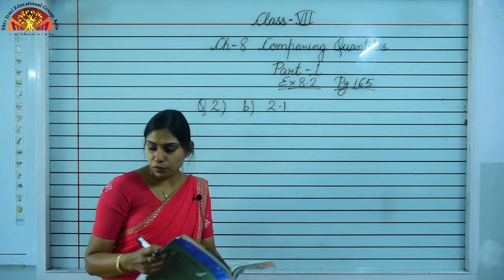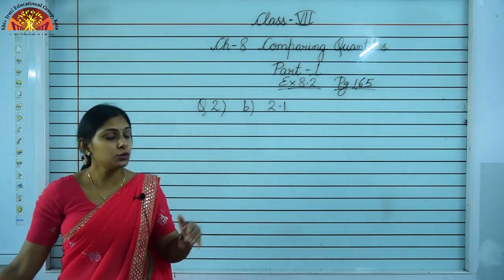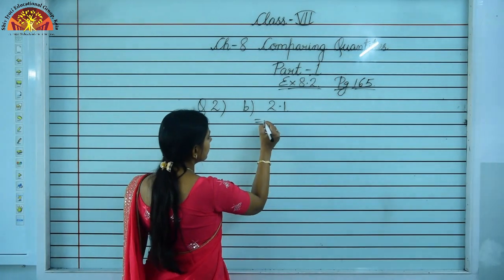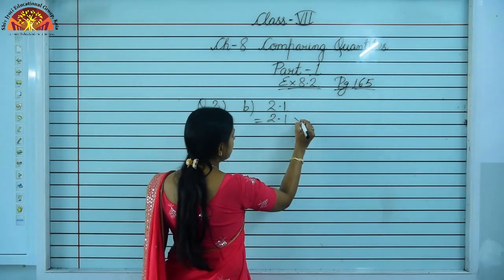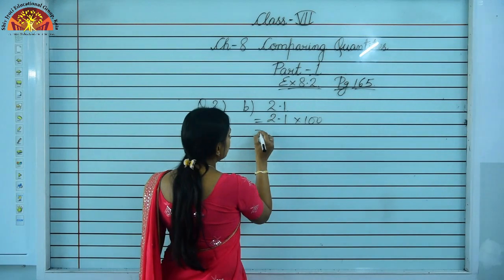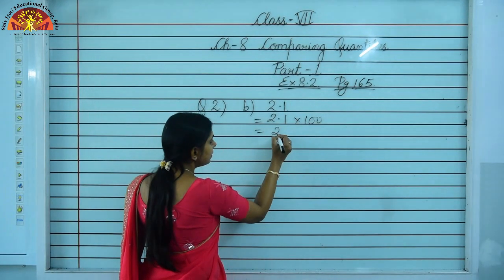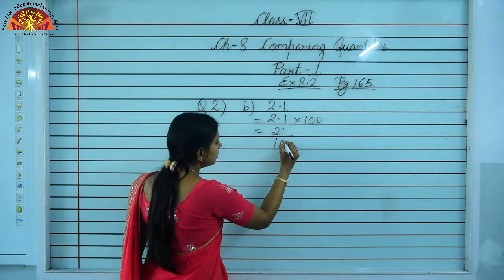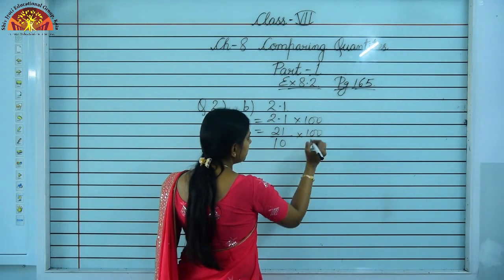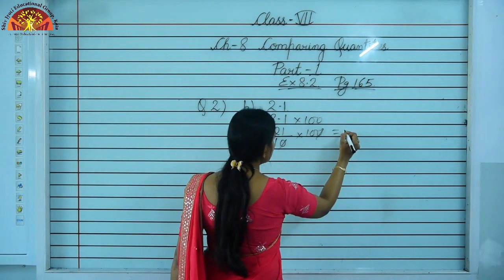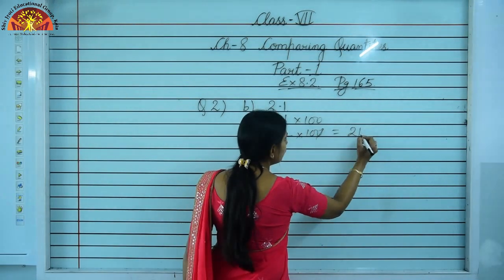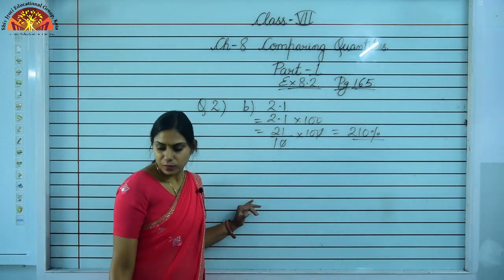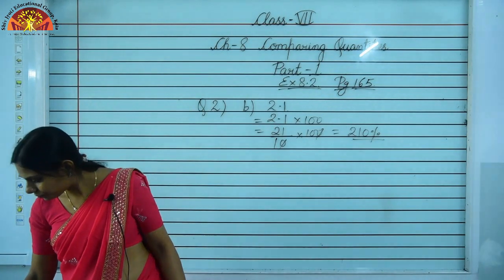It is a decimal value and you have to convert it into percent. So what you will do? You have to multiply it by 100. So 2.1 into 100. First of all, you can just remove this decimal. As you all know the basic concept of removing the decimal, so it will become 21 upon 10 into 100. So it comes out to be 21 into 10, which is equal to 210%. Got it? Now just see the next one over here.